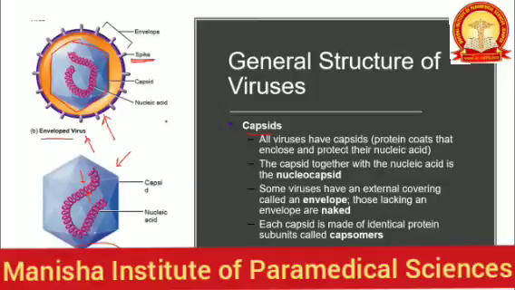Instead of the spike, there are other protein components present in the envelope. But generally the spike helps them to interact with the host cell surface, adhere, and start to get engulfed and inserted into the host cell. Each capsid is made of identical protein subunits known as capsomeres. The capsomeres are protein subunits which are linked and stitched to one another to form the icosahedron structure.